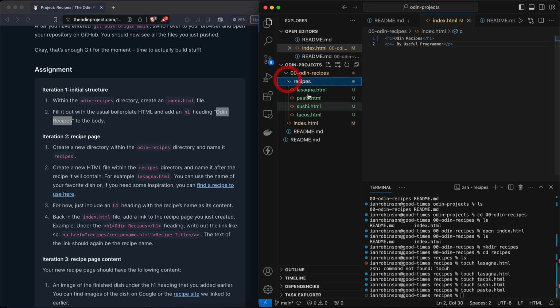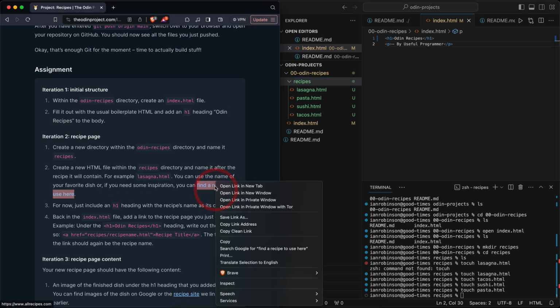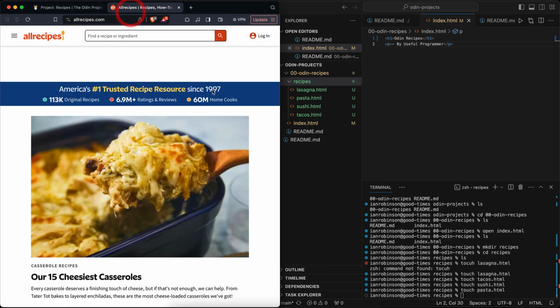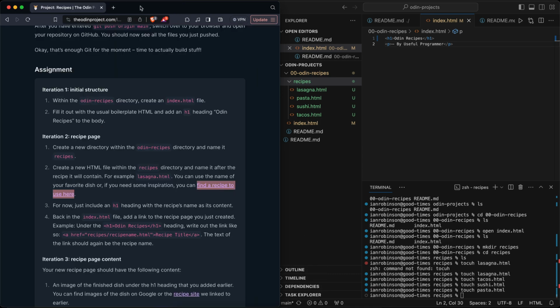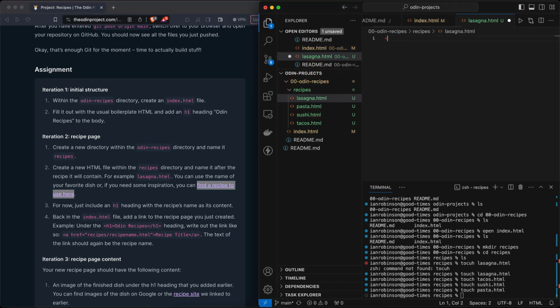Okay, so now in our recipes, we've got a handful of different types of foods. And you can use the recipe to find your favorite dish, or if you need some inspiration, find a recipe to use here. Let's go check that out. Here we go. This is a bright program that I don't want to deal with. So for this, I'm just going to be like